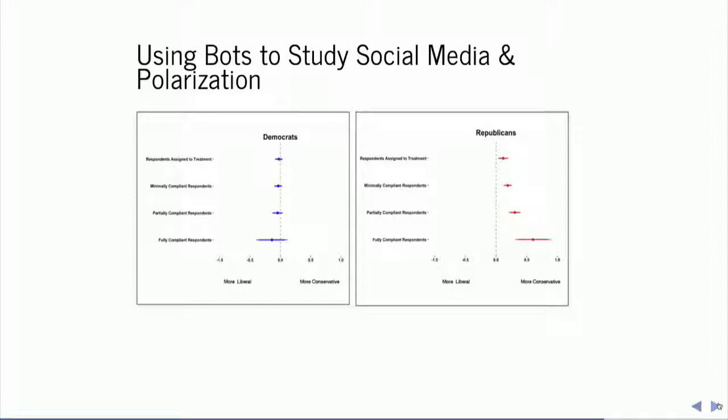There are some issues with the estimates; the one we have the most faith in is this one. These have some issues with the assumptions that I could talk about if anybody's interested. But look at the Republicans here. Moving almost three-quarters of a standard deviation, becoming more conservative in response to being exposed to our liberal bot. And this has provoked a series of follow-up studies now on asymmetric polarization and exposure to outpartisan information.